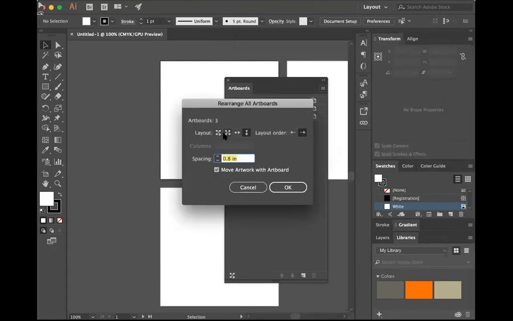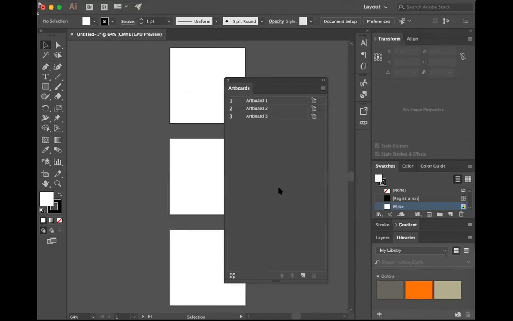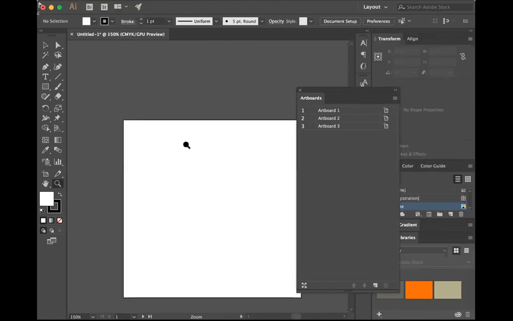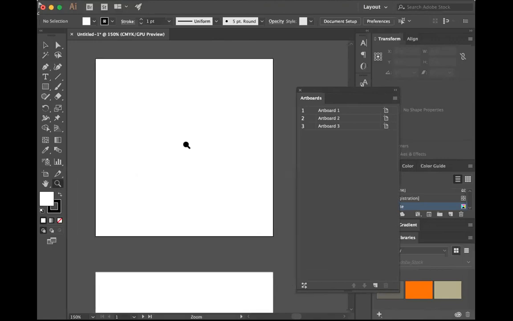You can order these depending on how you would like to see them displayed. You can do columns, grid by row, grid by column, arrange by flow, arrange by column. So if you wanted one column, top to bottom, you could do that, or the other way where it's more horizontal.